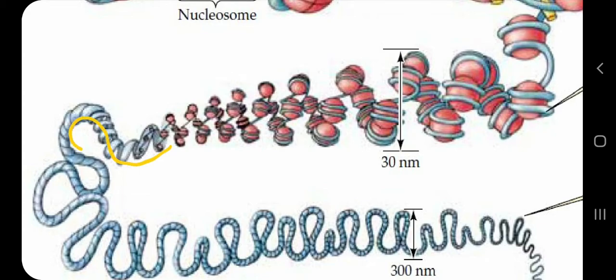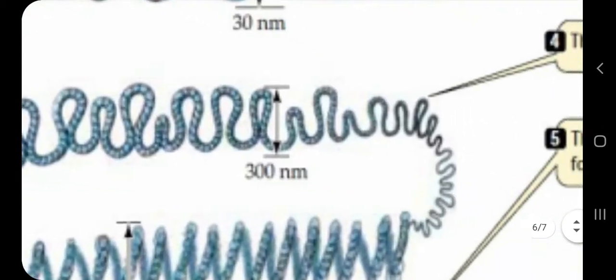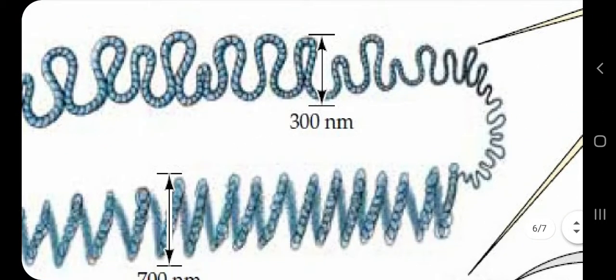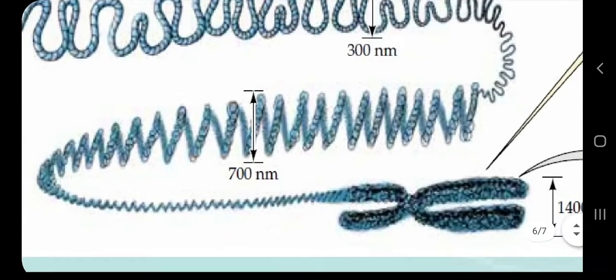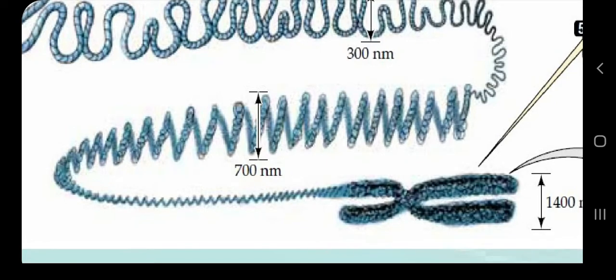If you draw this 30 nanometer fiber like this, here you are seeing this thread. The width of this thread is 30 nanometer fiber. Clear to all? I am simplifying the structure further so you can understand it. This is the 30 nanometer fiber, and if you again coil this 30 nanometer fiber like this, then you will get a fiber of greater width. Now going next, this width was 30 nanometer. Again, this zigzag width is more than 30 nanometer, it is 700 nanometer.